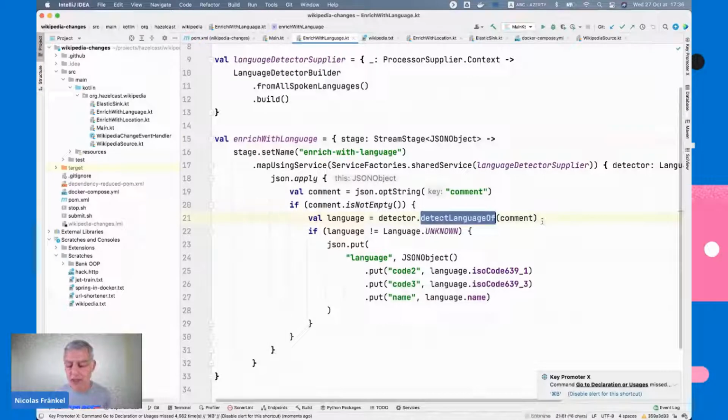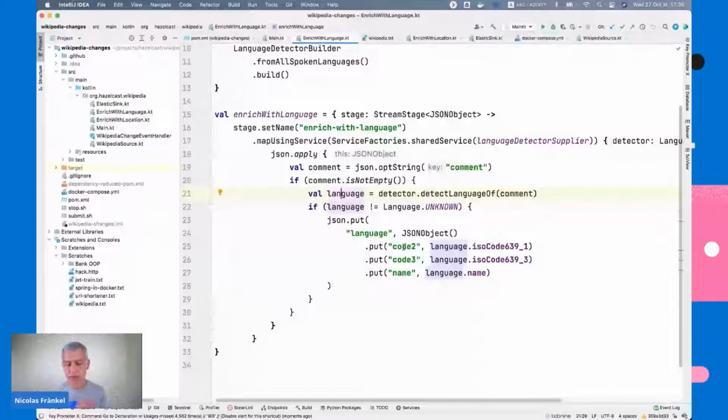It gives me the best bets. And if I find a good bet, I can put the language as a nested object with the ISO code and the name. But actually, sometimes it's not super great. It gives me not super great results. So I will skip this step because if I don't have the right sample, it doesn't work that much.